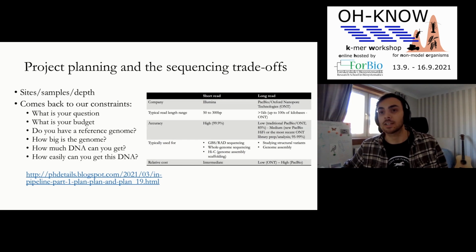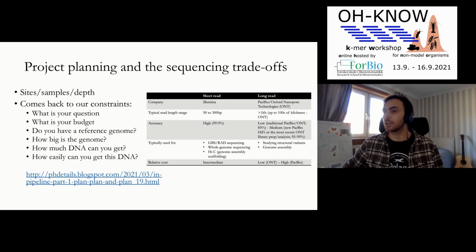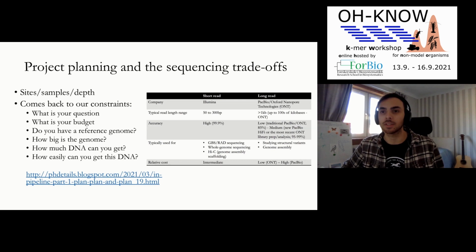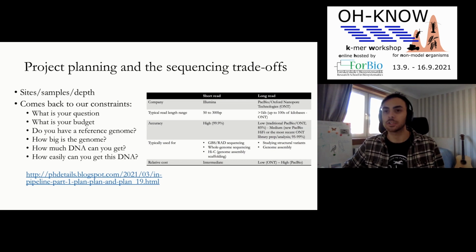The amount of DNA that you can extract is actually, I think, a very real consideration for people that work on small things. So, what's the realistic depth that you're going to get from a single individual if you have limited DNA to start with? And how easily can you get that DNA? Are you going to end up with months in the lab trying to produce a new extraction protocol? Or are you better off just doing some kind of different sequencing approach?